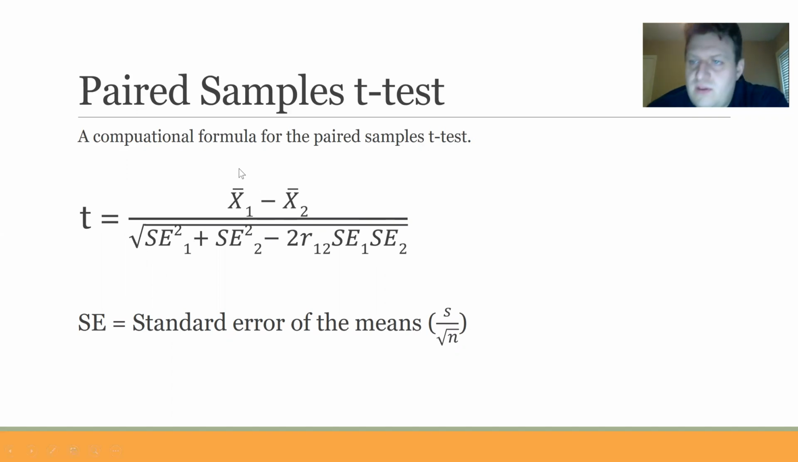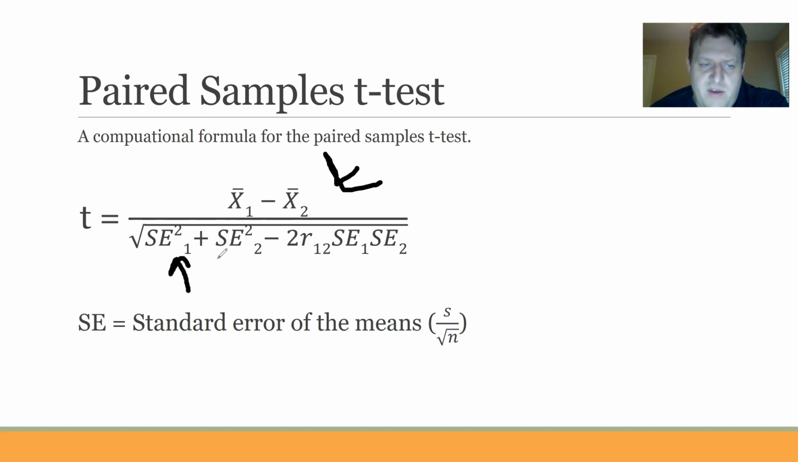Equivalent to the formula that I showed you earlier is this computational formula. Remember, a computational formula is a formula that is used to compute t a whole lot quicker than the conceptual formula. So in this formula, we've got the same thing in the numerator: the difference between the mean in condition 1 and the mean in condition 2. But in the denominator, we have something pretty extensive. It is the standard error of condition 1 squared plus standard error of condition 2 squared,